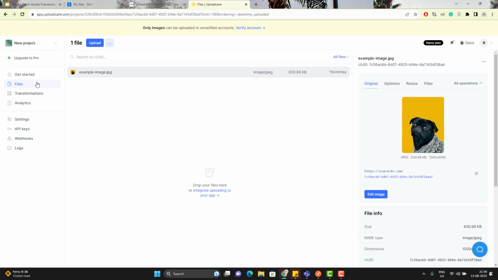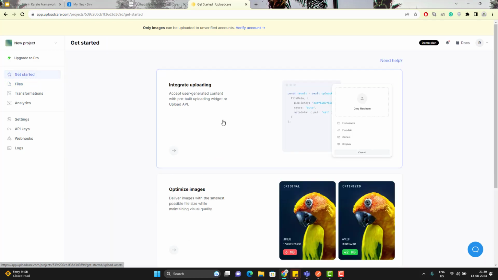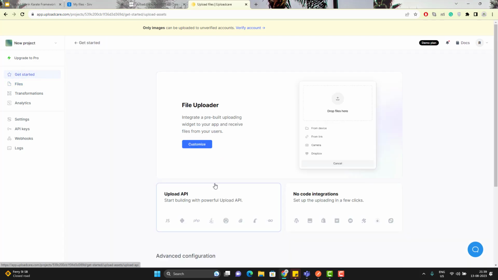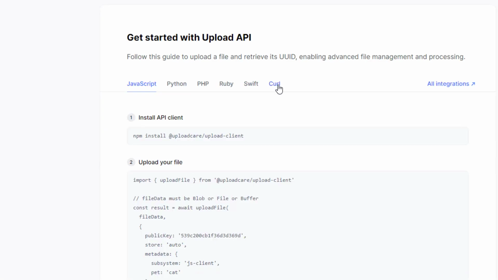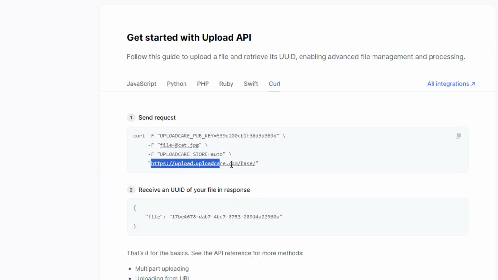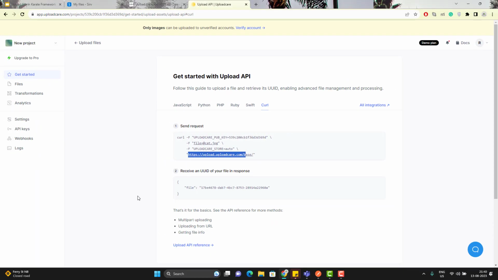To get their API documentation, go to get started, click on integrate uploading, and here it will show the upload API part. Start building with powerful upload API. If you click on it, it will give you all the details. If you click on curl, this will be your endpoint. Then this is multi-part, right? You can see -F. If you want to see it in a more proper way, you need to go to